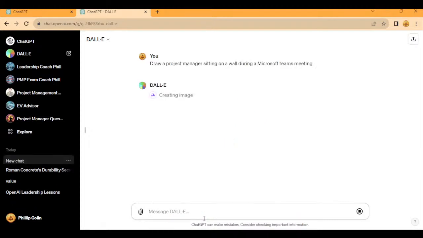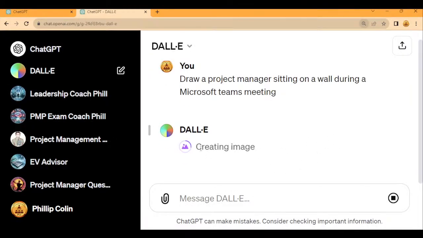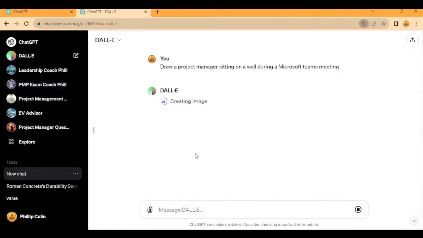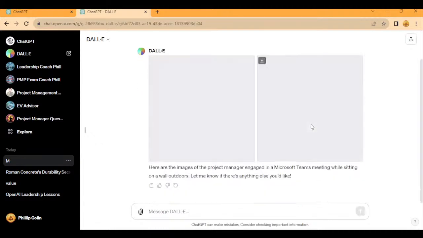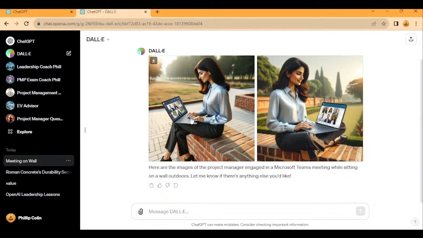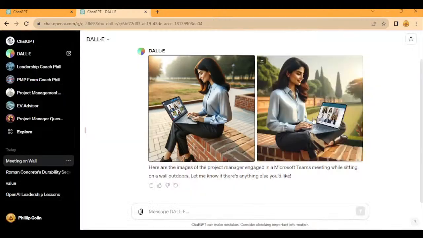Hit enter, and what you're going to see is the create an image icon, and it's showing you that it's thinking, and when it's done conceptualizing what you've asked it to do, it spits out some really great output. Let's take a look. And there's a project manager sitting on a wall in a Teams meeting. Very convincing. I could say,